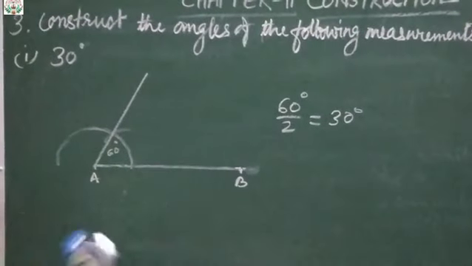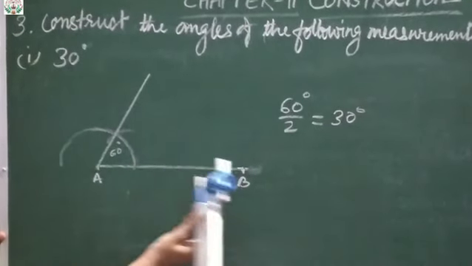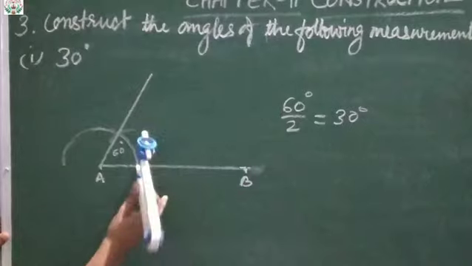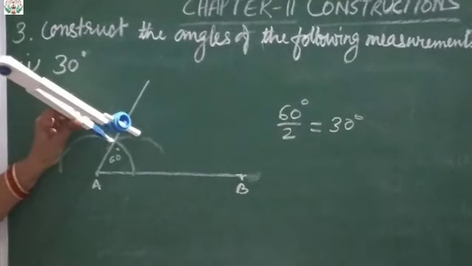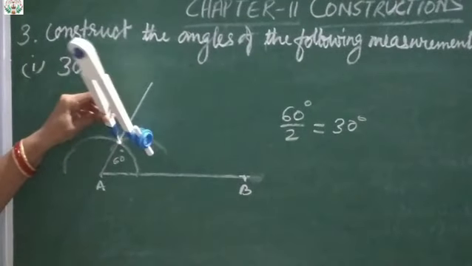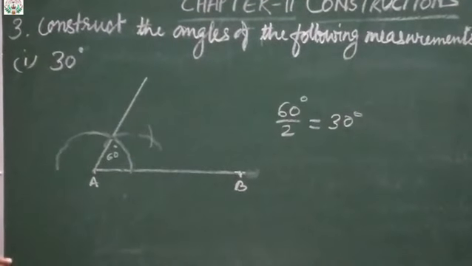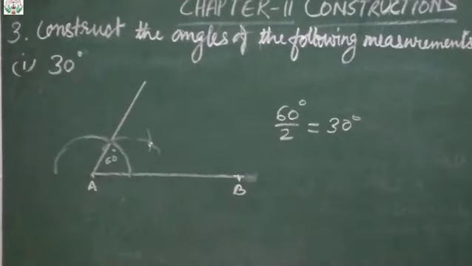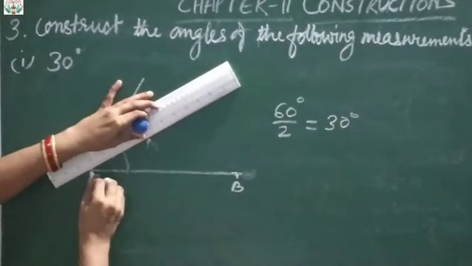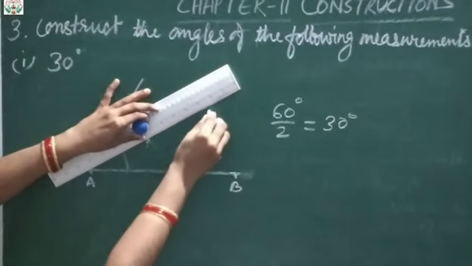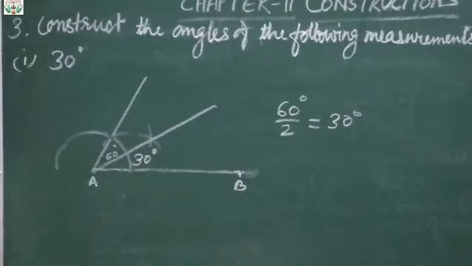So what we will do? Keep at this A and this arc point, where it touches the line segment AB. Now keep here and draw an arc like this. At C, wherever it touched the 60 degree line on the semicircle, draw an arc like this. Wherever the intersection took place, you can see the intersection is here. So join this with the center, that is A. Likewise, now draw a line like this. So this one is called your 30 degrees.